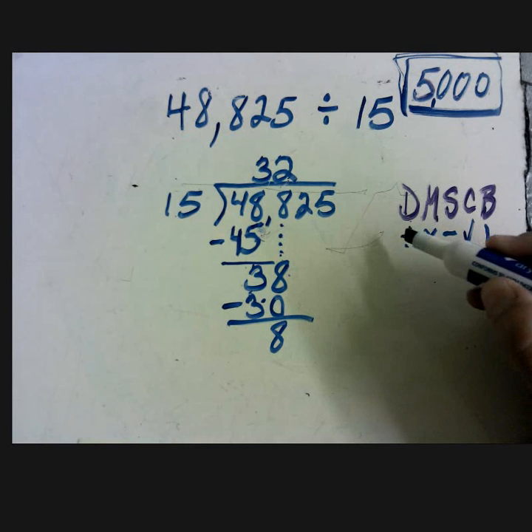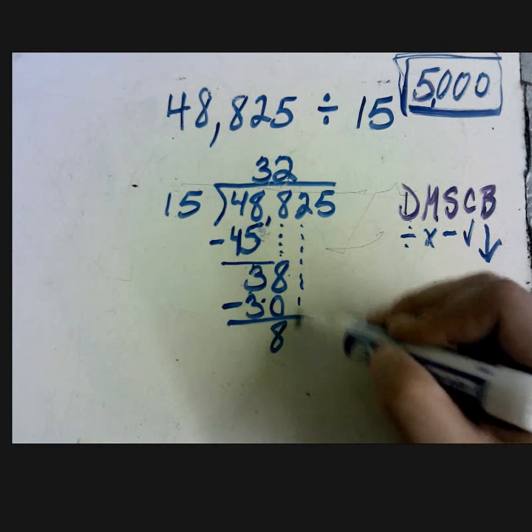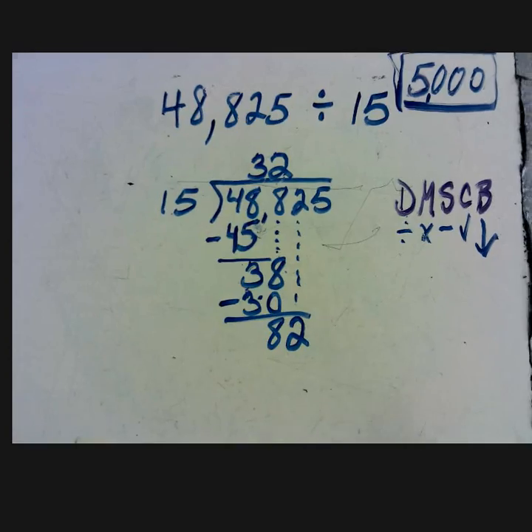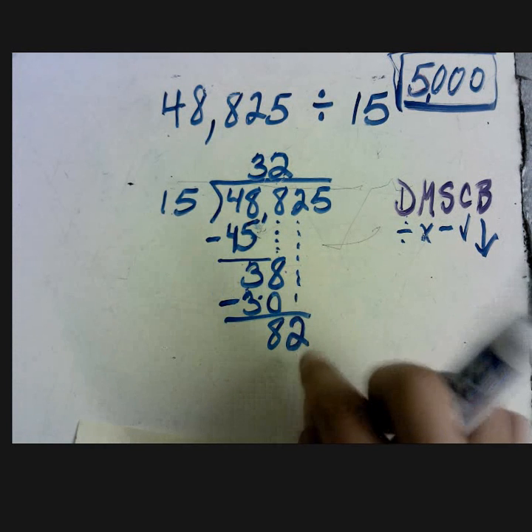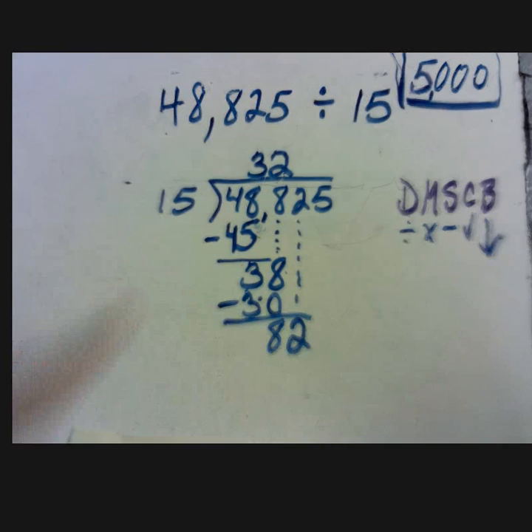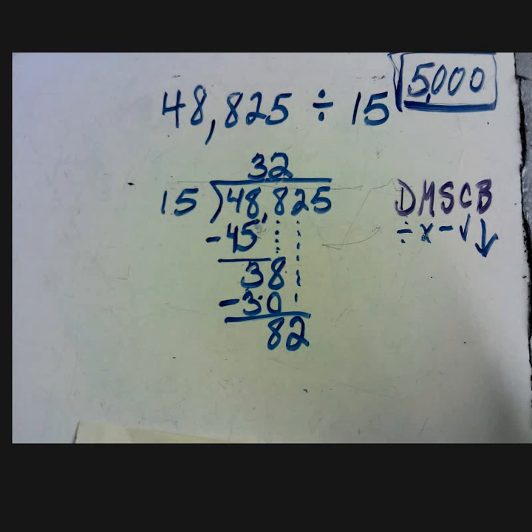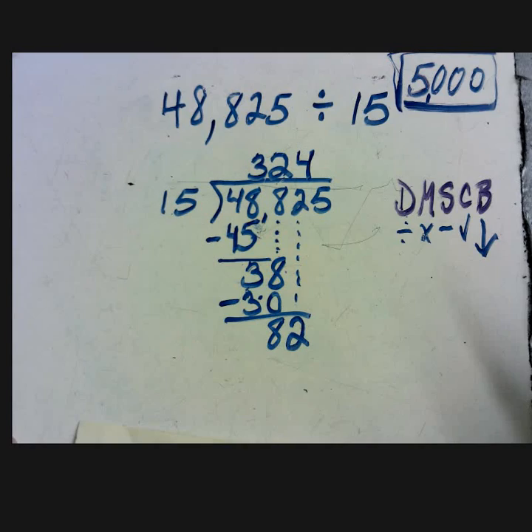So now I'm dealing with how many groups of 15 can I get out of 82? Excuse me, this is the divisor. This is the dividend that I'm working with right now, and this is still the divisor. All right, so I'm going to actually purposely show what happens if you don't take the correct amount of groups away. So I'm going to guess that it's 4. Okay, so I divided. Now I multiply. 4 times 15, I know, is 60. Okay, now I subtract. And I'm left with